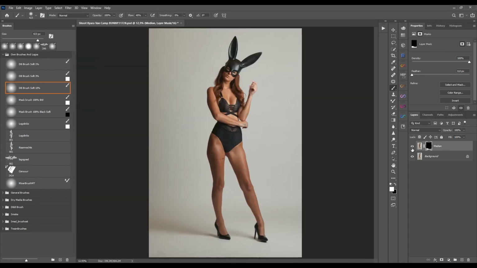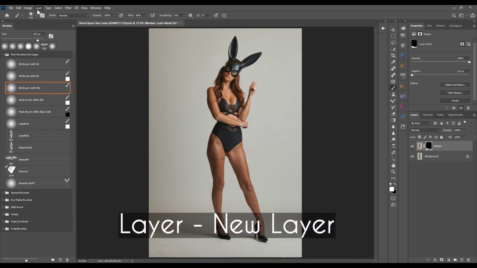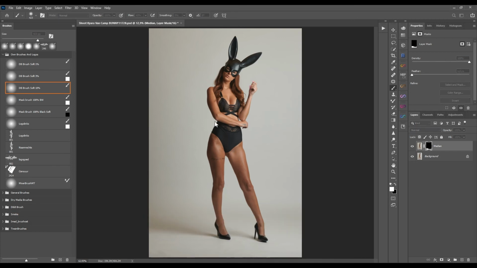Now the trick to make sure that you sell this retouch, like you don't want people to go like, yeah, he used that kind of technique. The thing about that is that you have to put some extra noise on top of the image. So what we're gonna do now is make a new layer. So go to layer, new layer, and on top of that we're just gonna say okay. I'm gonna call this noise,